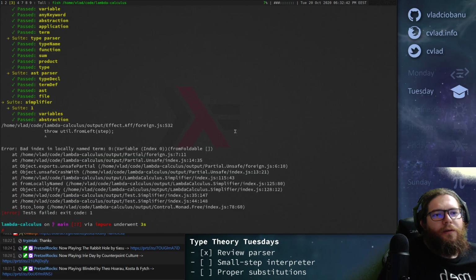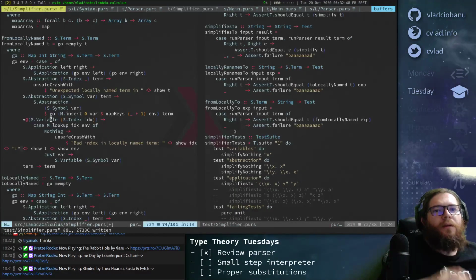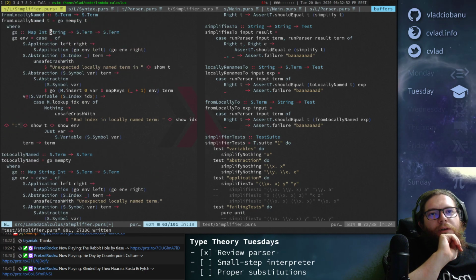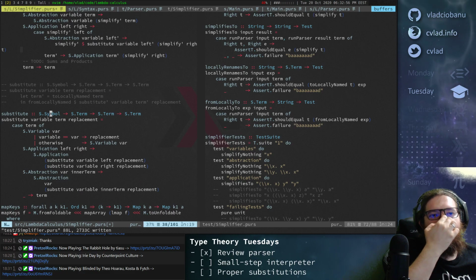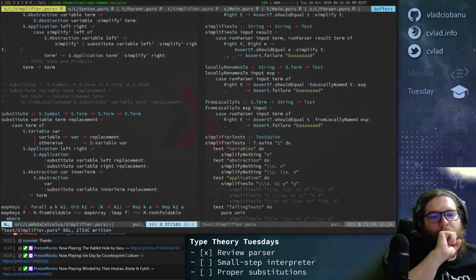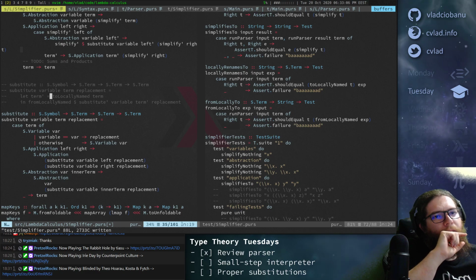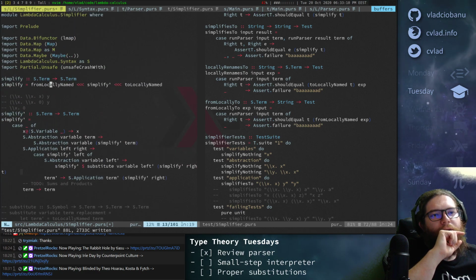Yep. So let's see, what's our code for substitute? It doesn't do any normalization inside substitute, which is what we want. Okay, so we applied normalization here, right?